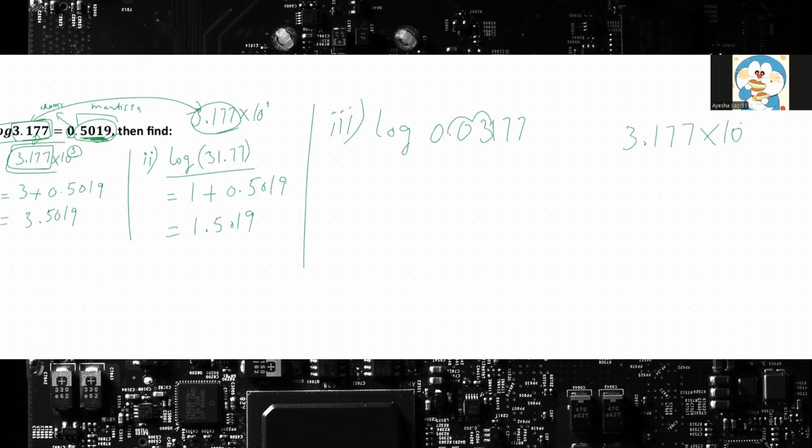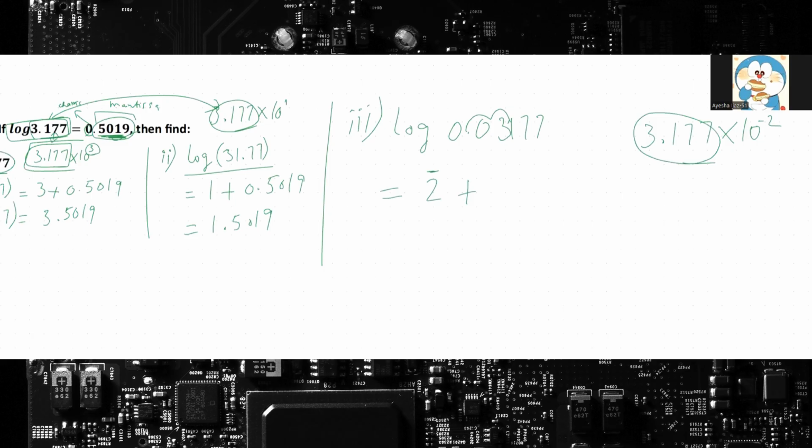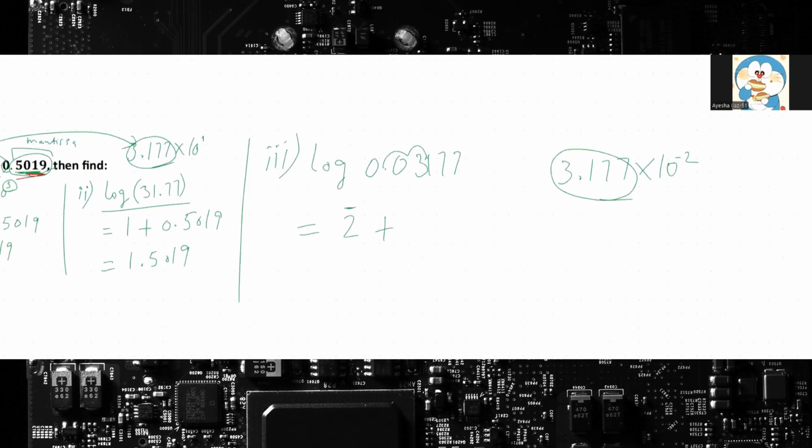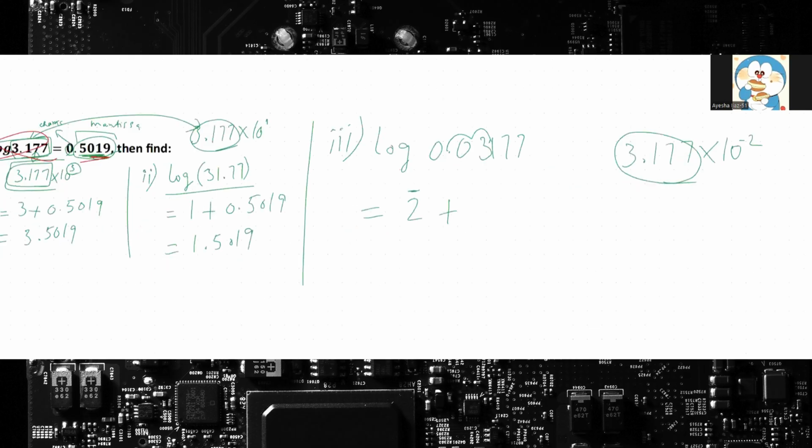So the characteristic of this number is -2, and we know that we can write it like this, 2 bar plus. Again, the number looks exactly the same as in our question, which is this one, 3.177, right? And the mantissa, we can also use the same mantissa in part 3. So I'll write over here 0.5019. And if I add these two numbers, we'll get 2.5019, the log of